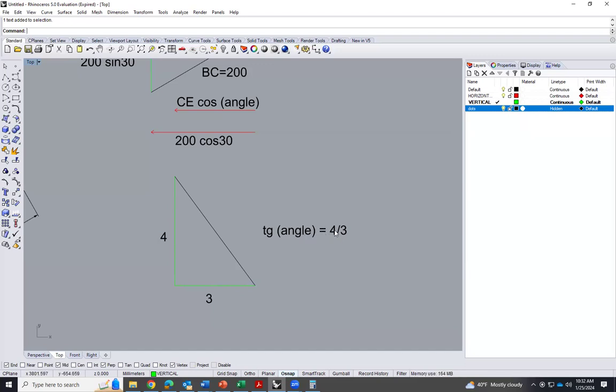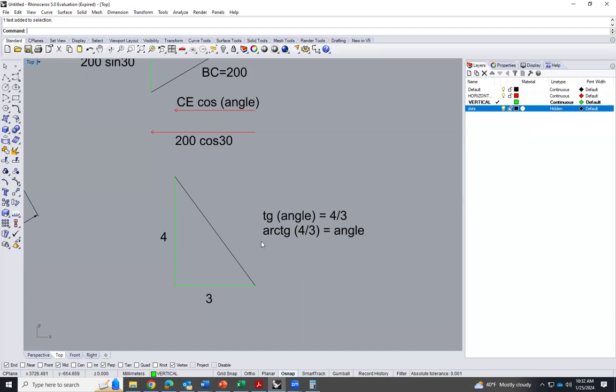So what is the angle? Then we have to do the arc tangent of 4 divided by 3 equals the angle. Okay, so that's the